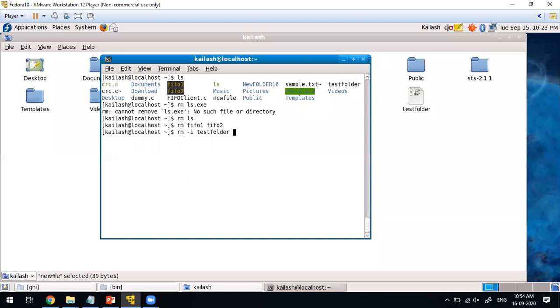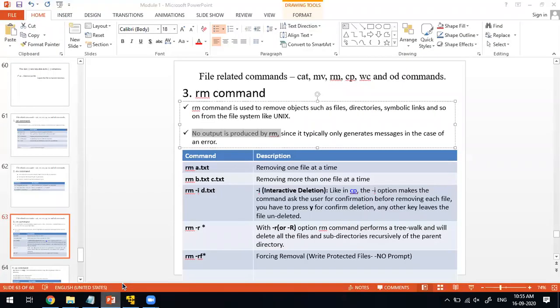This is an interactive deletion. See, it says remove regular file, an ordinary file; it also mentions the type of that file. Remove the regular file test folder? If you want to delete, you have to confirm with Y; any other character means no. If I enter Y, it will delete that file. That is -i, an interactive deletion.